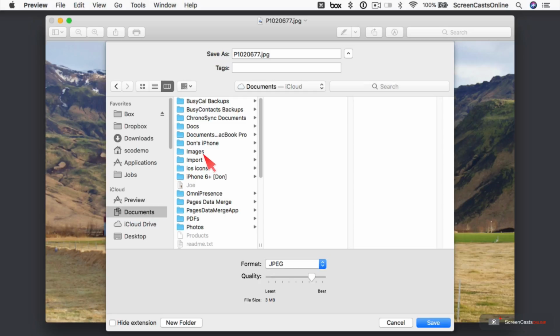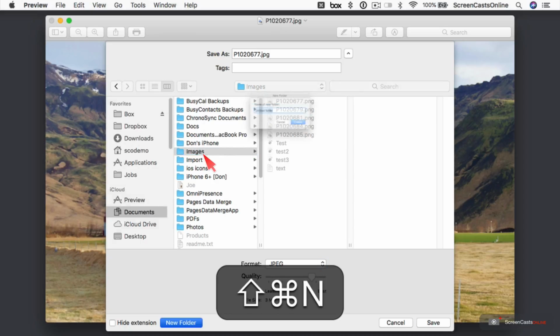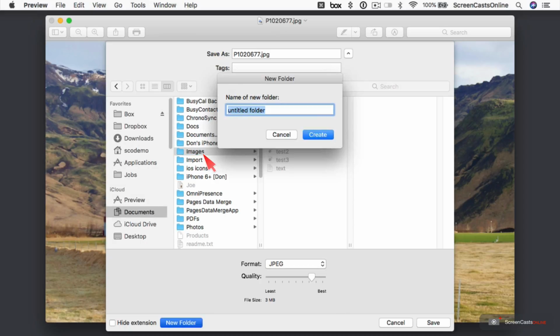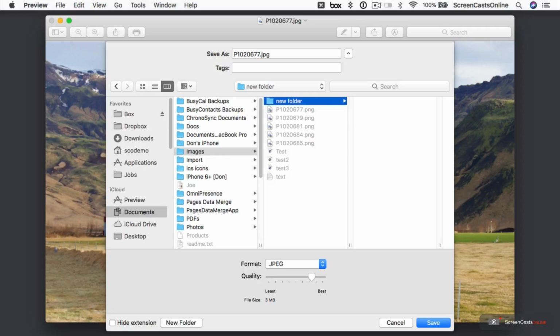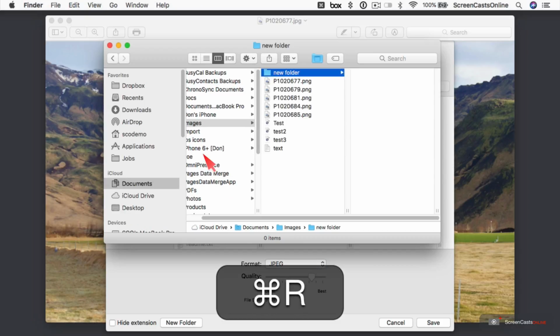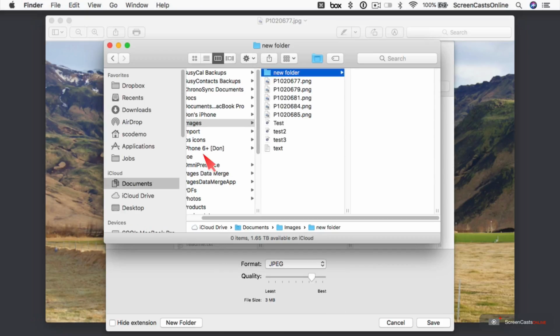So let's select Images. If I wanted to create a new folder within my Images folder, I can use the standard Shift Command N, and that will enable me to create a new folder. Now if I wanted to explore this location further in the Finder, let's say I don't really want to save it at this point, I want to have a look around or perhaps create a more complex folder structure, I could at this point, with new folder selected, hit Command R, and that will open up the Finder,